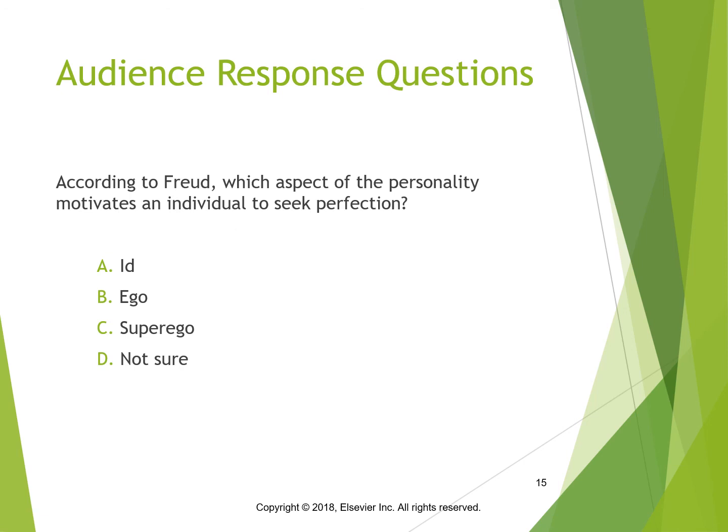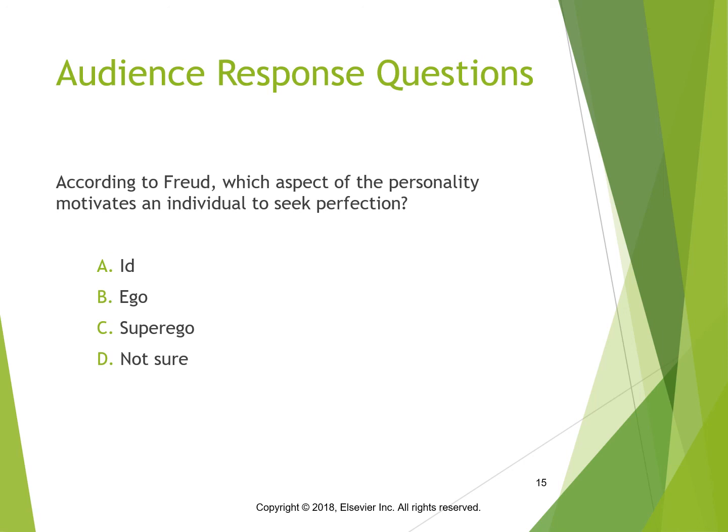So according to Freud, which aspect of the personality motivates an individual to seek perfection? Id, ego, superego? Not sure? If you said superego, that is correct. The superego represents the ideal rather than the real. It seeks perfection, as opposed to seeking pleasure or engaging reason,